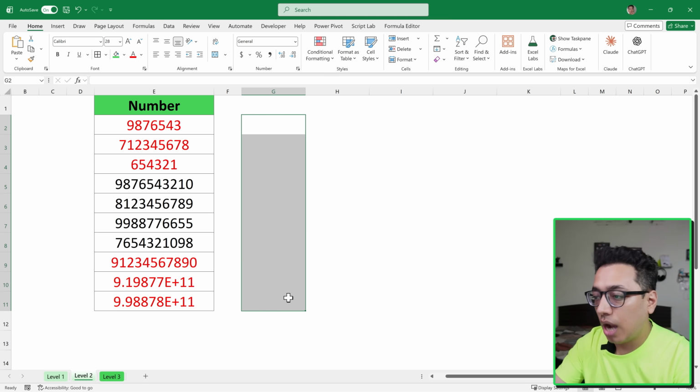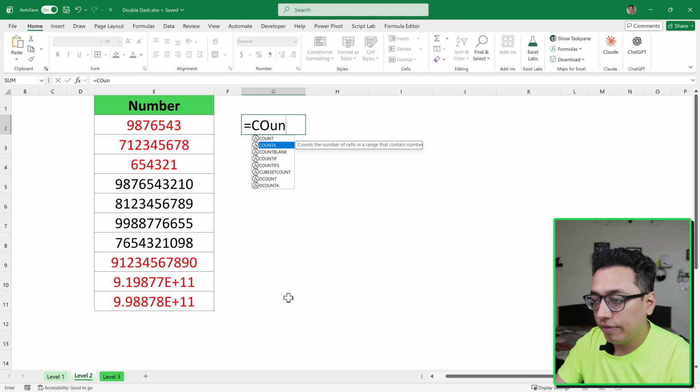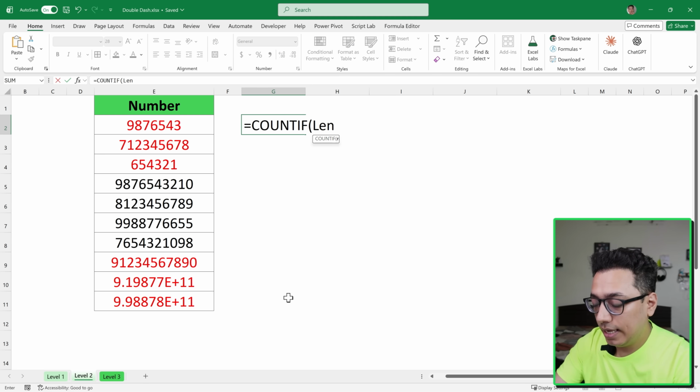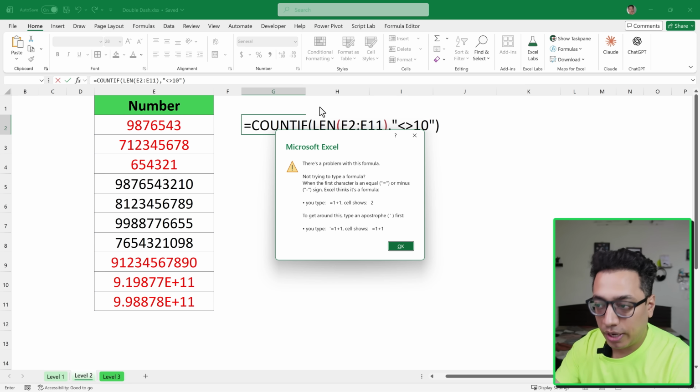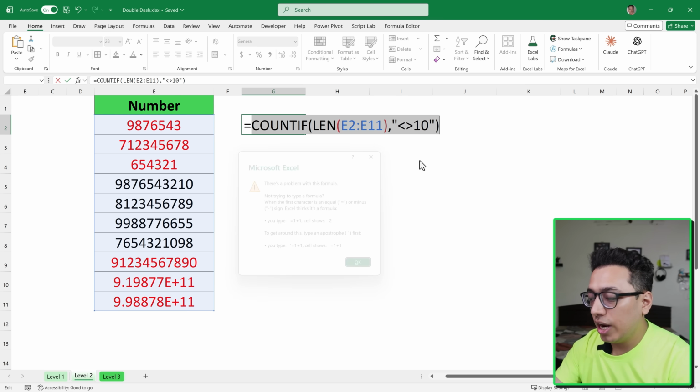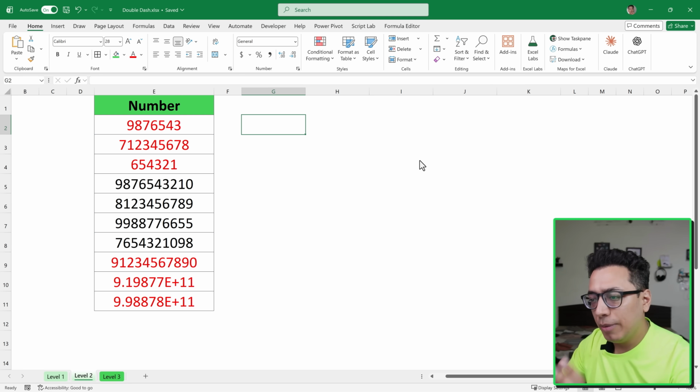If I just go with the COUNTIF function, let's say I enter COUNTIF here and say the LEN function again, select this range, come back. And in the criteria, if I say not equals to 10, close it, hit enter, I get this error with COUNTIF. So instead of using COUNTIF, what I'll do, I'll use a simple function, but I'll make it powerful using